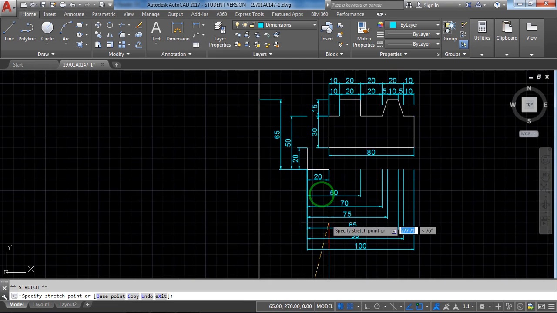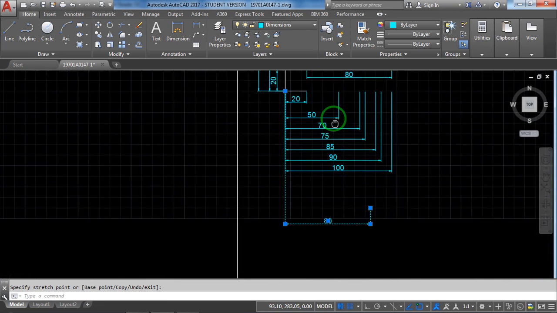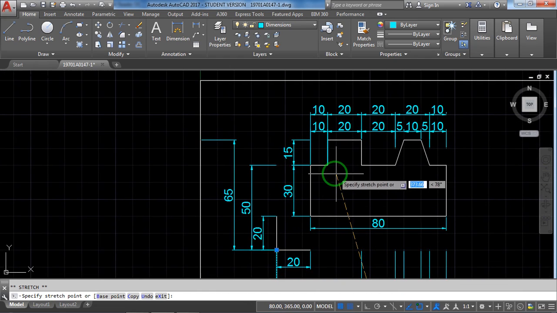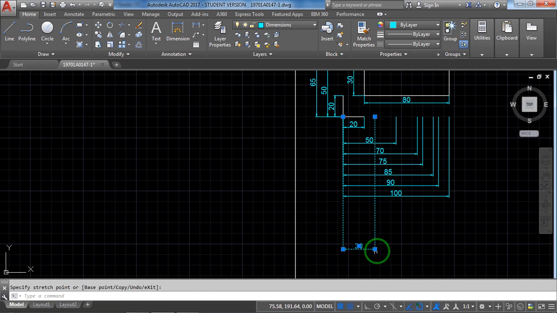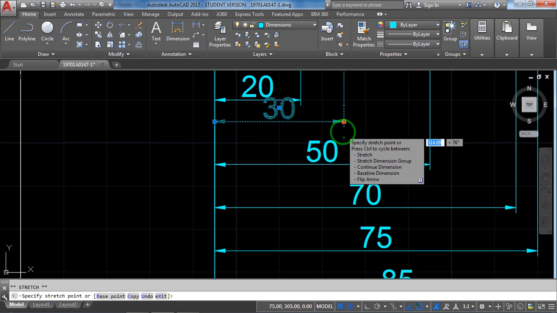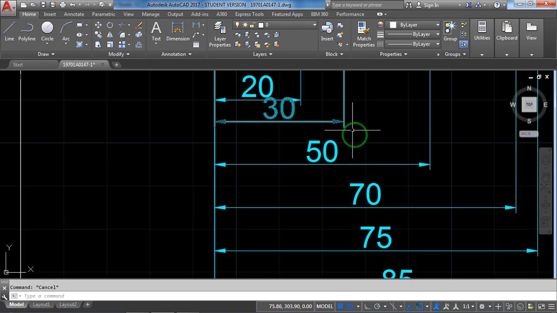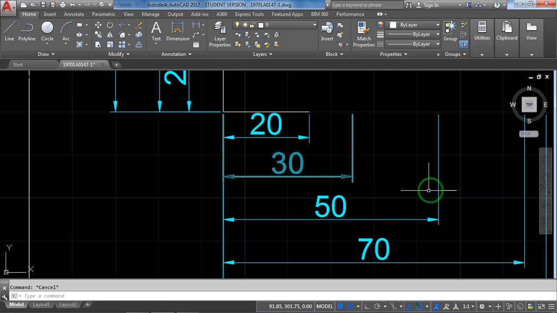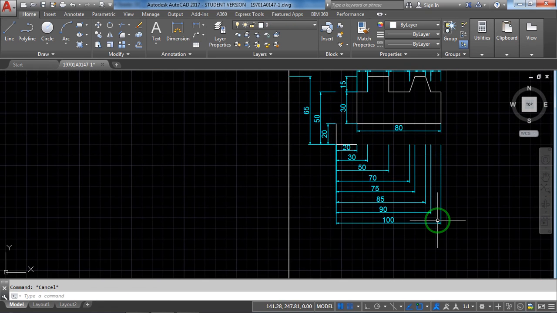Taking first point to 0, 0 new point, and the second point to 20, 30, 50, 75, 85, 90.